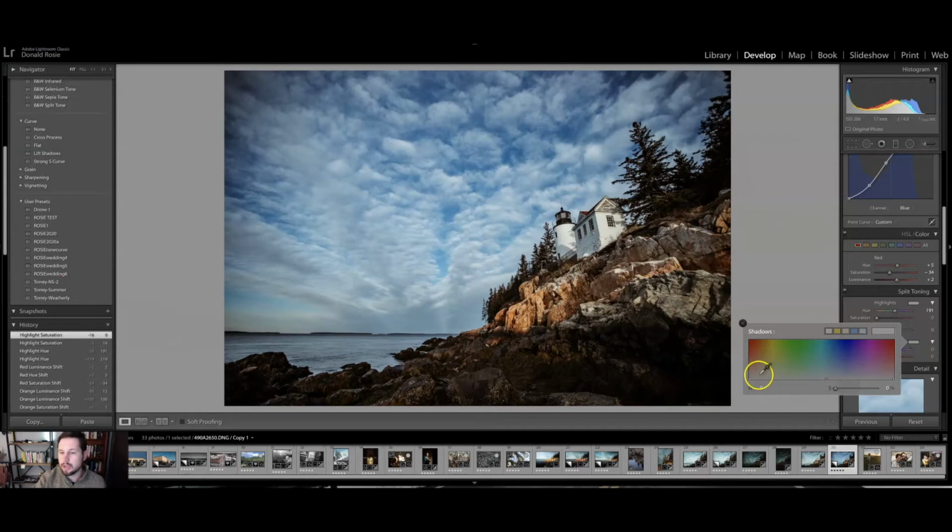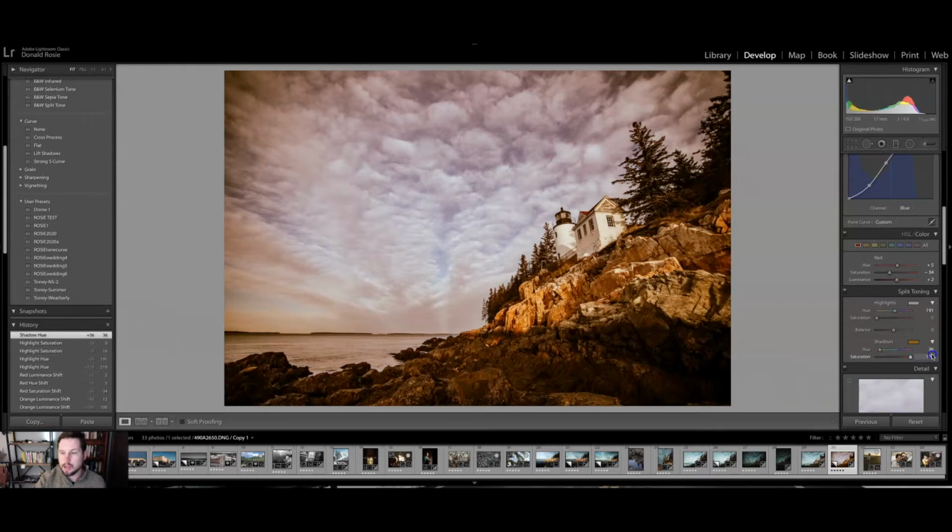The shadow, on the other hand, sometimes I like to bring in just a little bit of orange to the shadow. We can see there I've taken it out, and here I've added it. Now that's a lot of it, right? That's way too much. But maybe just a tiny bit to bring some orange into some of the shadows and